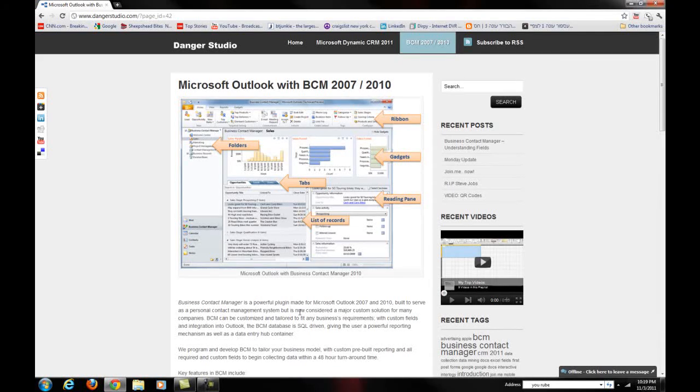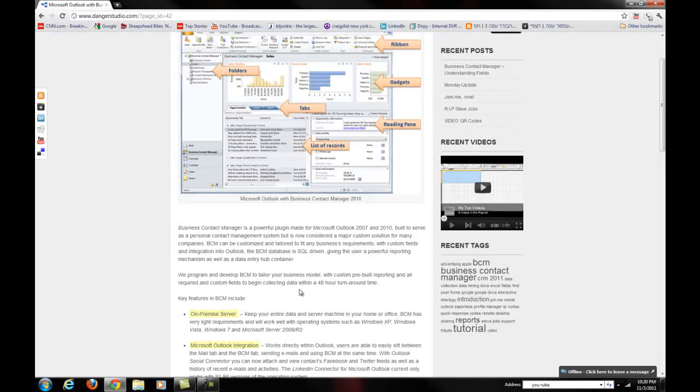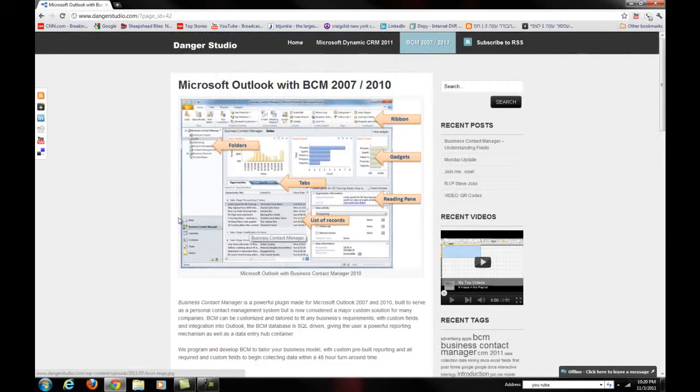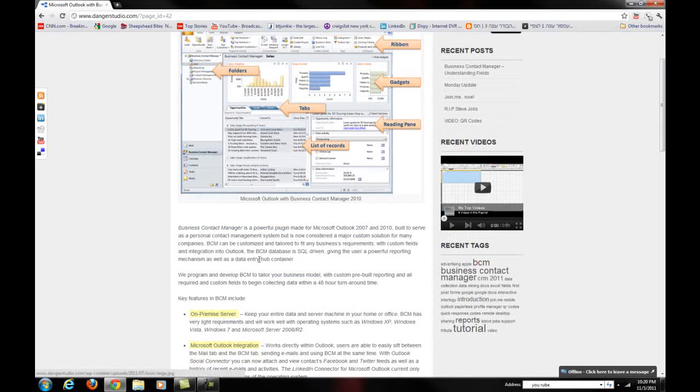Hi, and good evening. I would like to introduce to you a build of Business Contact Manager I made for real estate. Someone contacted me previously and asked me if I had created something for real estate agencies. And I have, and this is actually going to be a demo of it. So I'm going to be showing you Business Contact Manager 2010 with a customized build specifically designed for the use